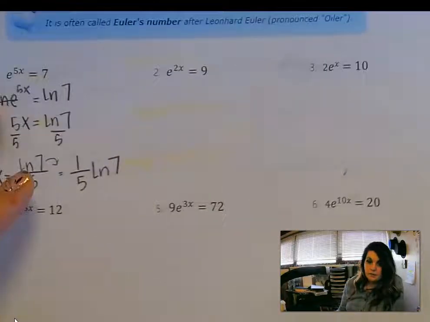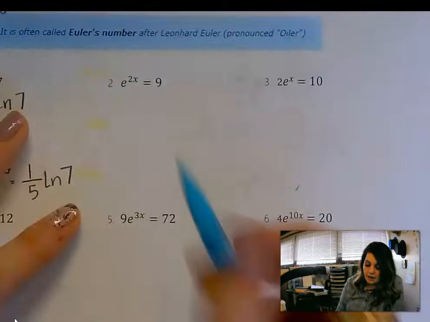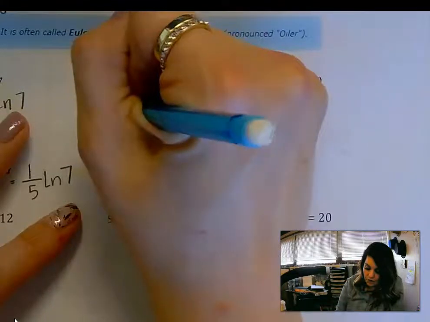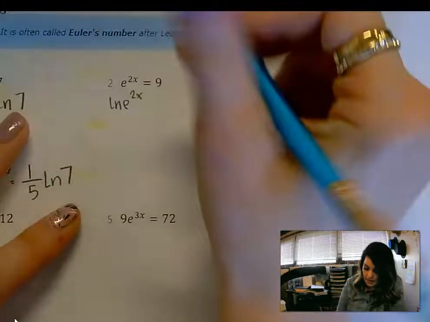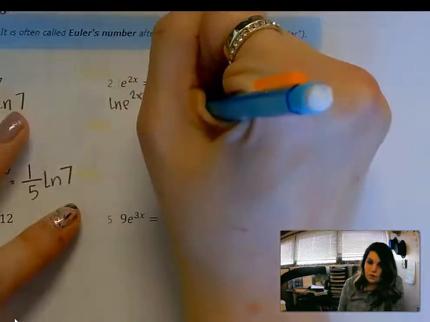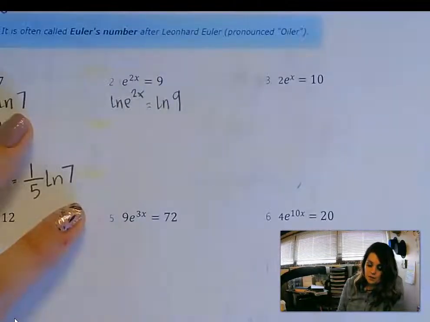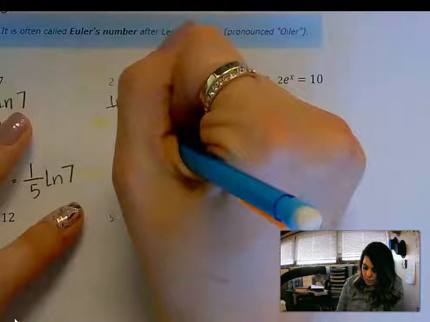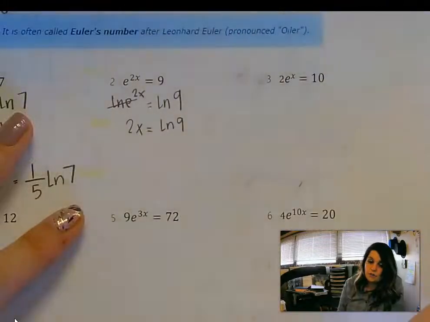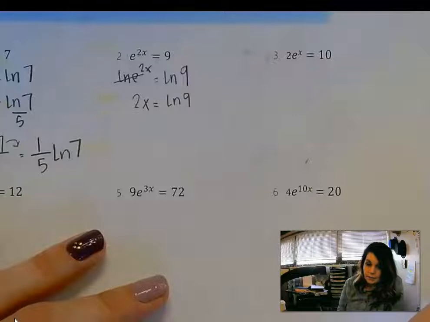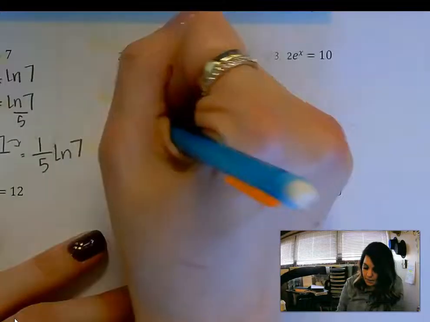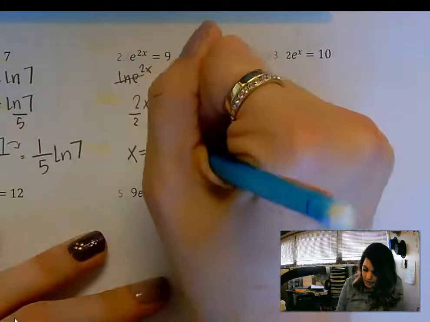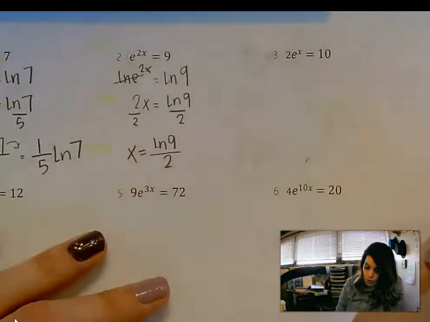Okay, next guy, same thing. We have an e here, so we need to try to get rid of that e by taking the natural log, because that's the inverse of e as a base, of both sides. These go away. On the left-hand side, I'm left with 2x. On the right-hand side, I'm left with the natural log of 9. The last step, just like in the previous problem, is to divide by 2. So x equals natural log 9 over 2, or,